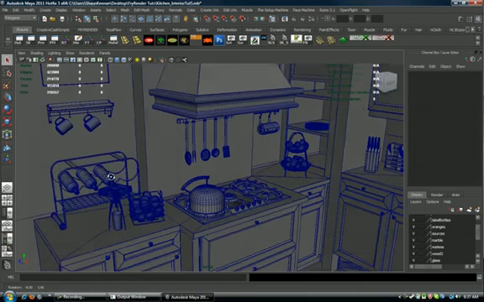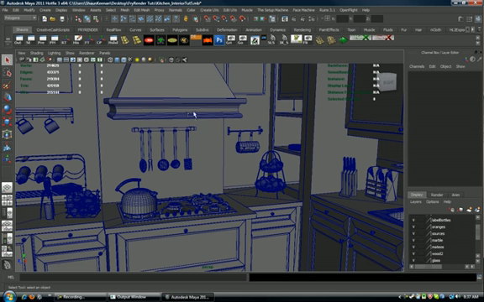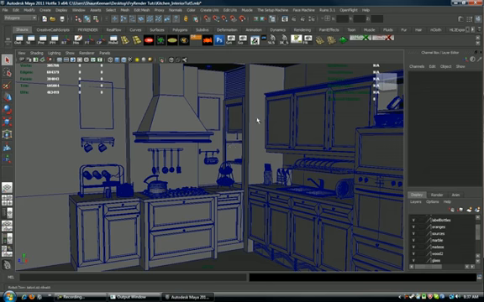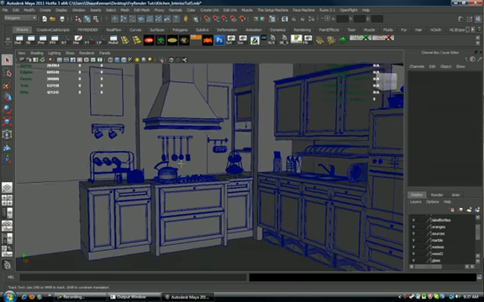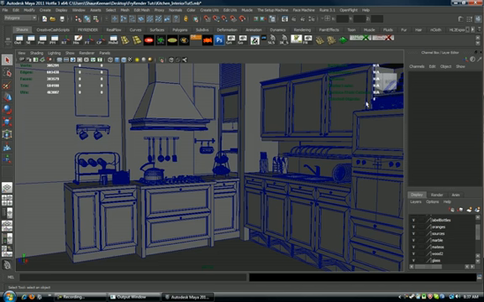Now in this lesson, I'm just going to show you how to apply the materials to any of the meshes in your scene. In the next lesson I'm going to have pretty much all the materials applied to our meshes, and then we'll just go ahead and render, because if I showed you how to apply it to each one of these, it would take an excessively long amount of time, but that's because I have a lot of meshes